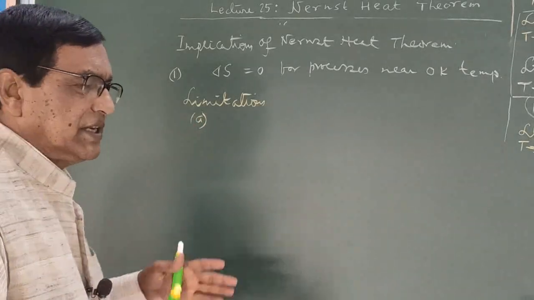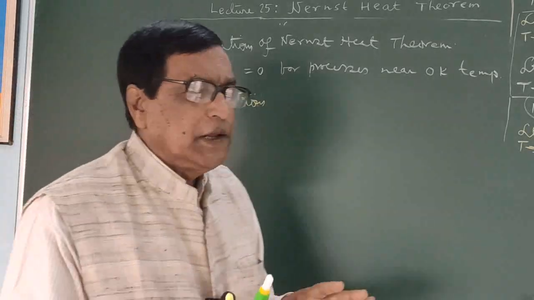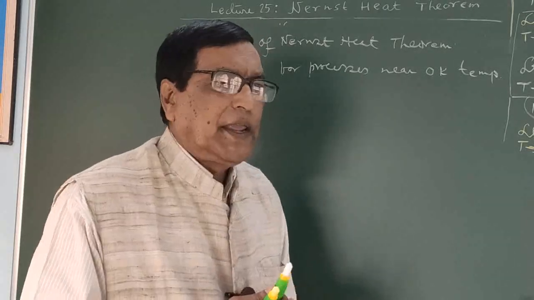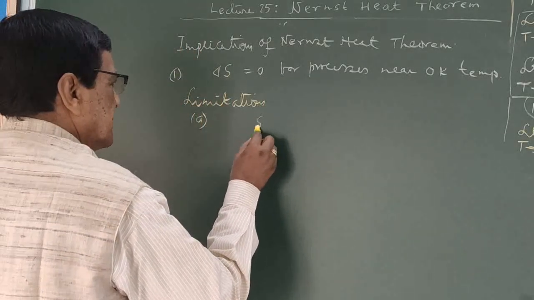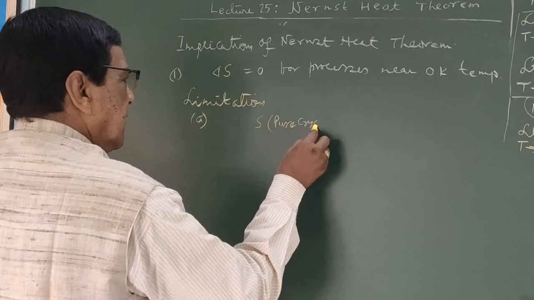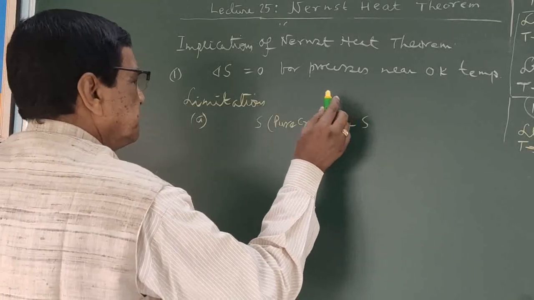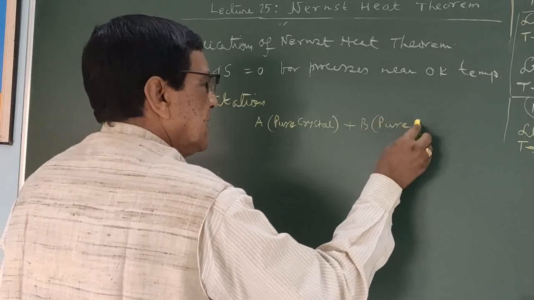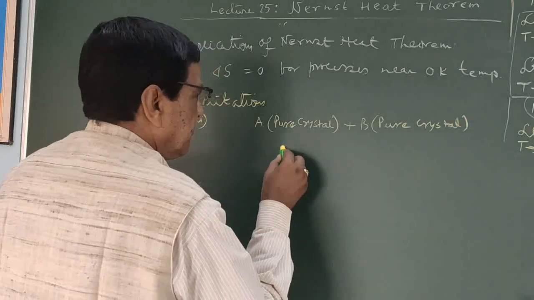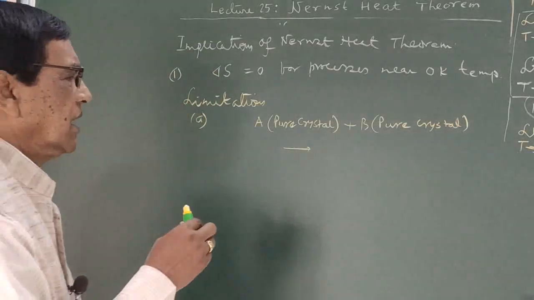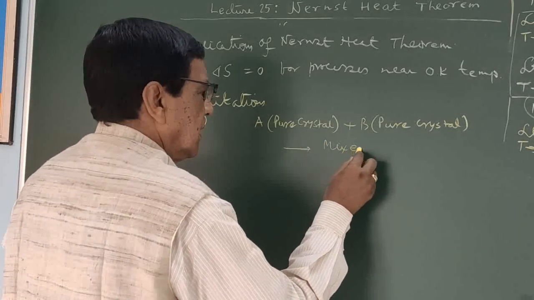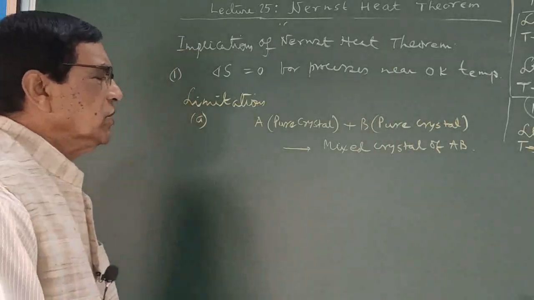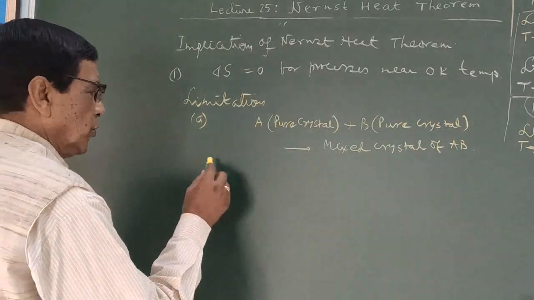Limitation 1. Let us imagine the formation of these mixed crystals from pure A and pure B. Say, S pure crystal A plus pure crystal B, forming in an isothermal process this mixed crystal of A and B. So in this process, the entropy change